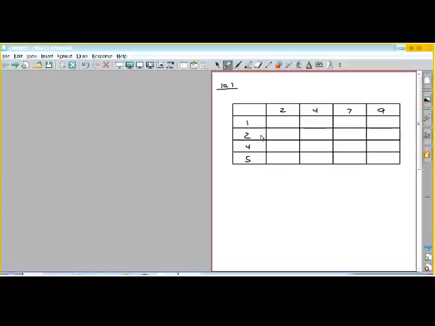So let's say I want to create or list all numbers which start with 1, 2, 4, and 5, and end with 2, 4, 7, 9. And start means the first number of a 2-digit number,